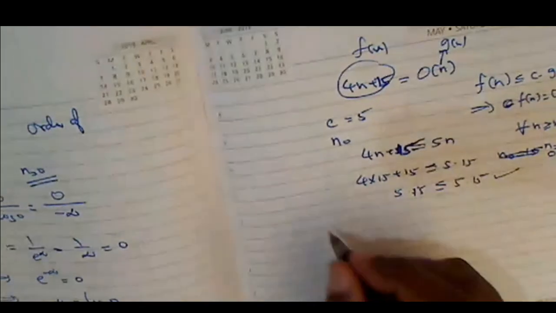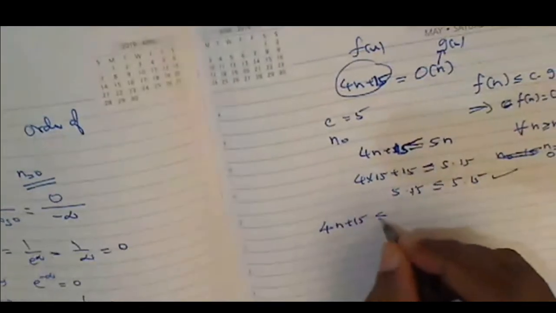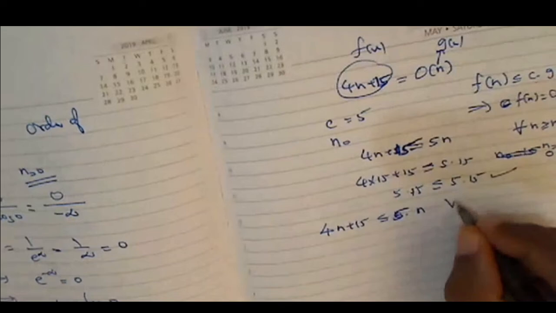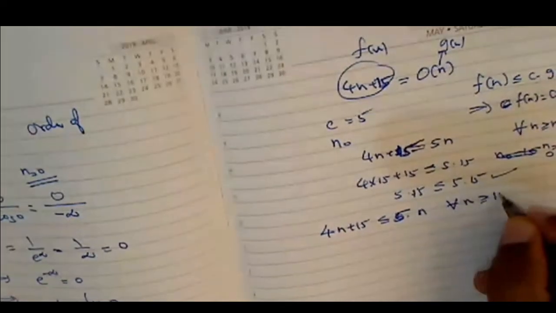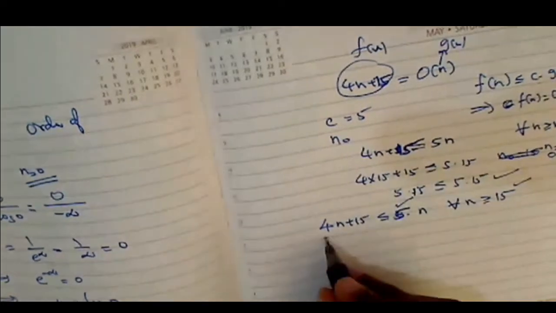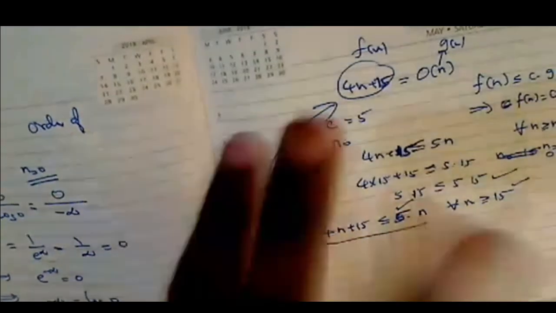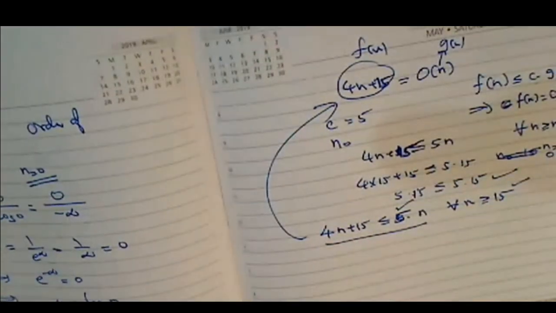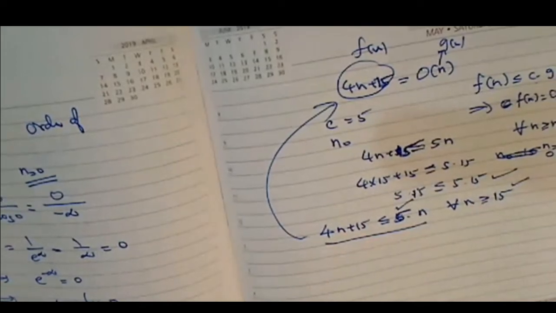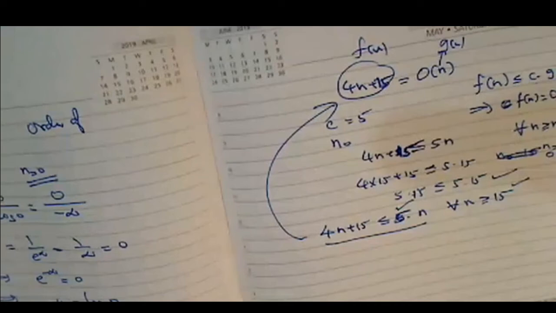So we say that 4n plus 15 is less than or equal to c into n, where c may be some value, already we are taking 5, for all n greater or equal to 15. So we found n naught as well as c and the inequality, and hence we can say this. It is not otherwise, because normally removing the constant and all is okay for kids, but for computer students, that is not good. Okay, I think you got the idea. Maybe I can take one more example